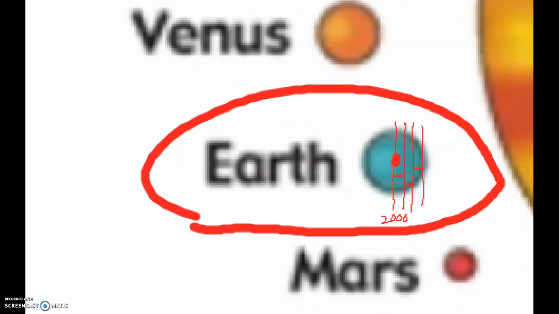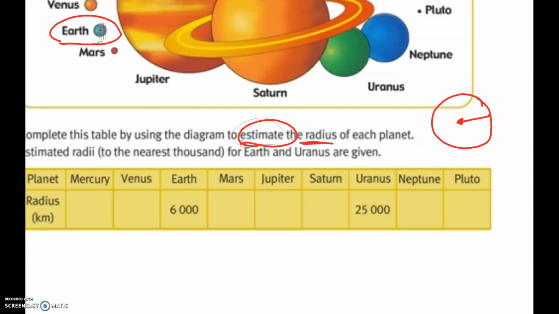So then maybe if I got Mars there and I put it up against here, Mars looks to be around about half the size. So if I said, right, Mars about half the size, maybe it's 3,000. And then Pluto, if I grab Pluto there